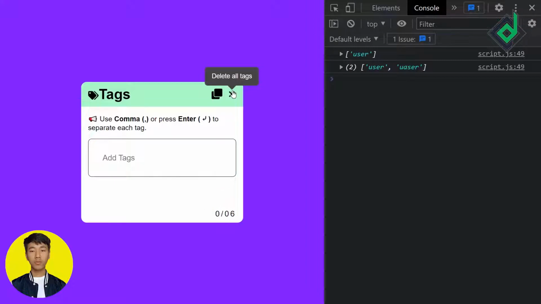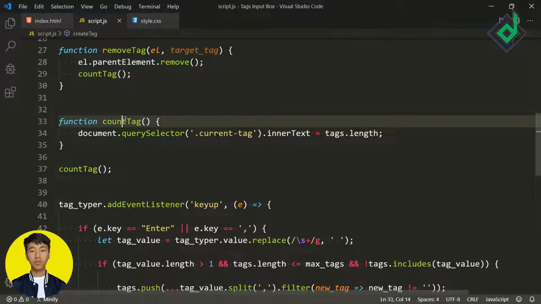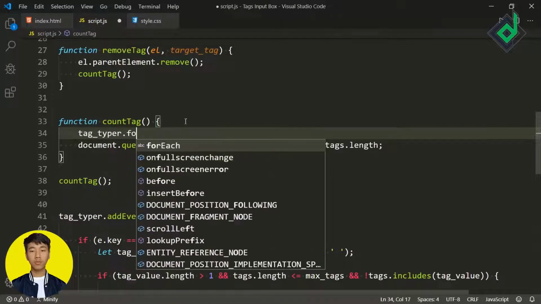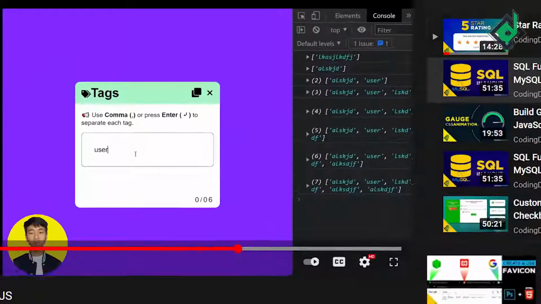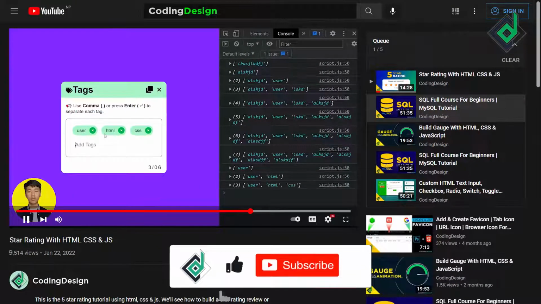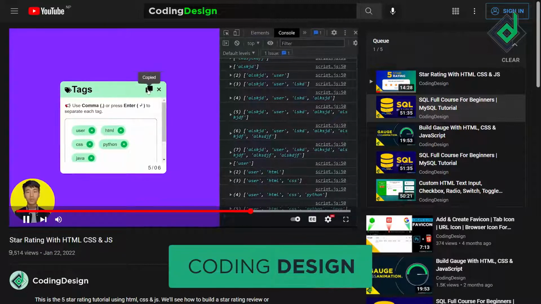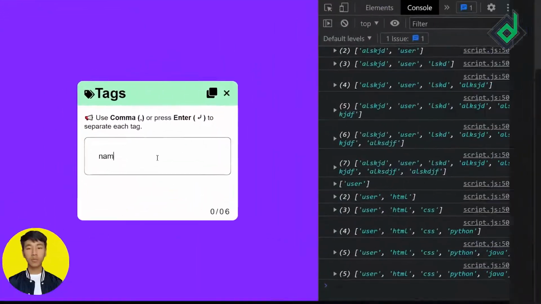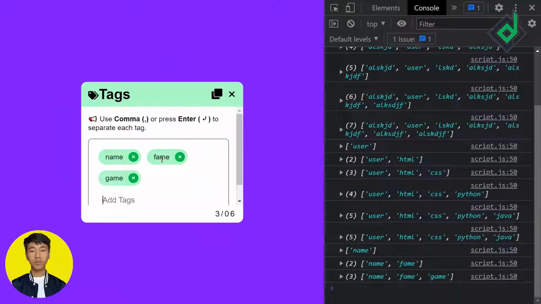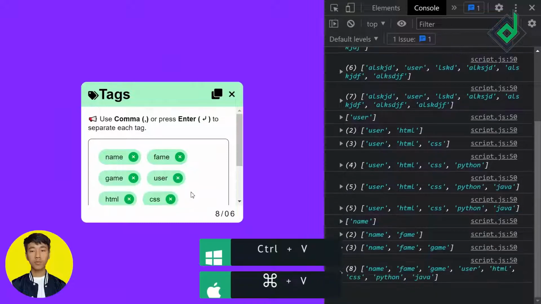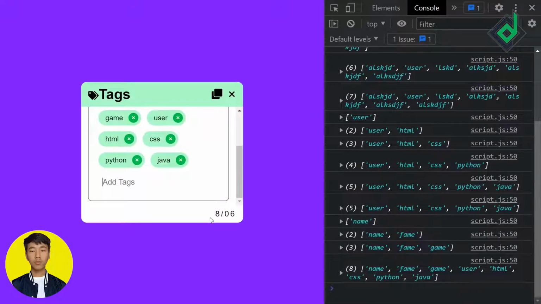And also now whenever you are copying or removing tags, I want that input text to be focused. So for that, for tagTyper, I'm giving the dot focus method. With the help of this code, whenever you are doing any other operation, automatically that input text will be focused. So I'm creating different tags, and if I copy, and delete all these tags, and I'm adding extra new tags, and I'm pasting the tags that we have copied, and if I press enter, did you see that now we are able to add all those tags?